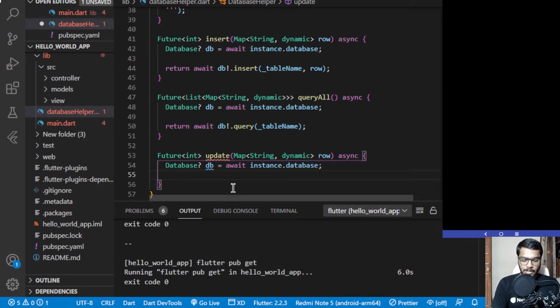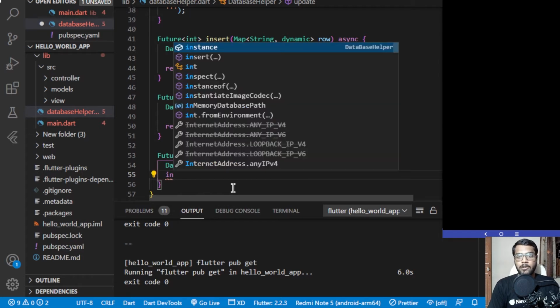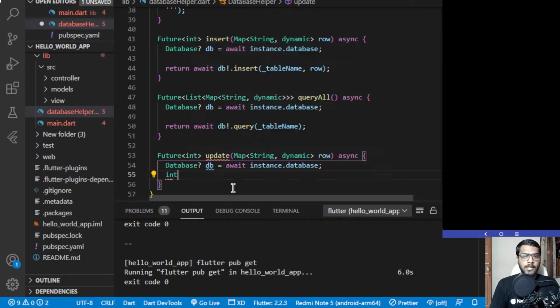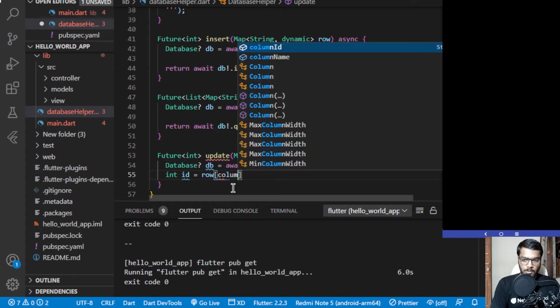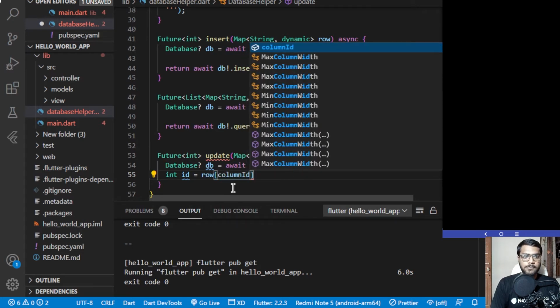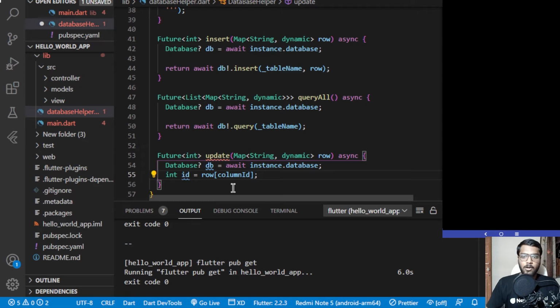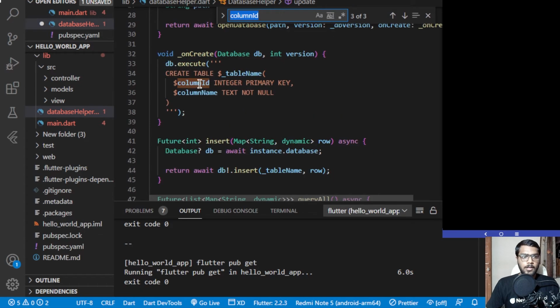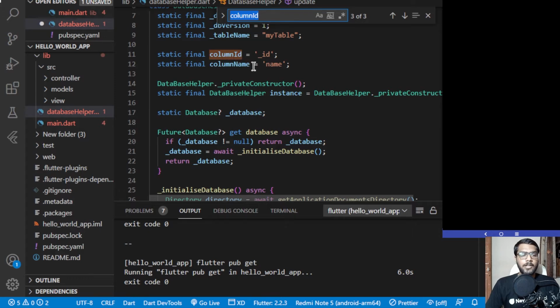and after that we'll be first getting the particular row which needs to be updated. So for that what we have to do over here is create a variable of type integer with the name id, and we'll be getting the particular column id for that. So row[columnId], and we have already created this columnId, so Ctrl+F, and herein you can see that we have created the columnId.